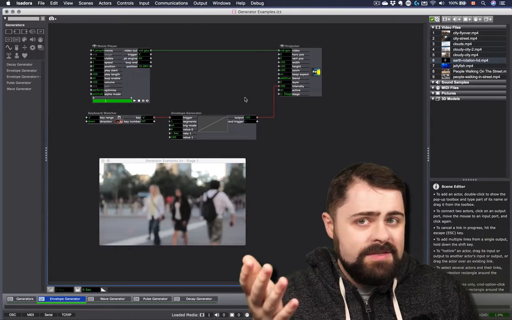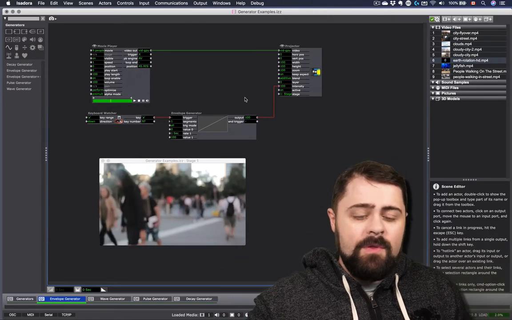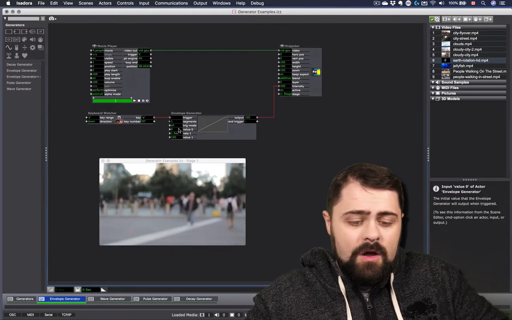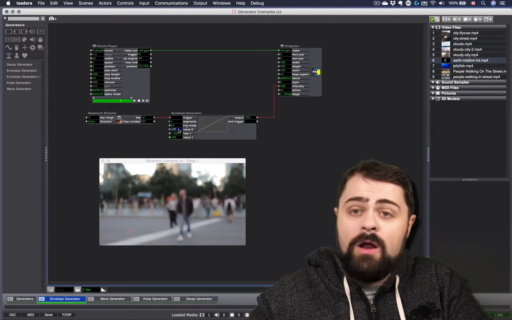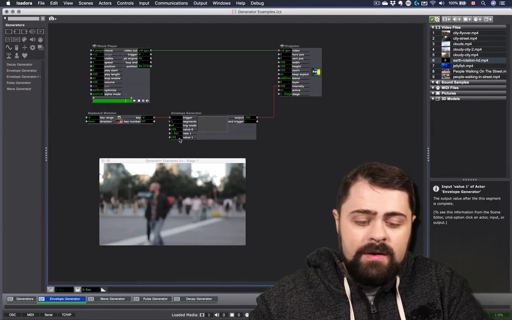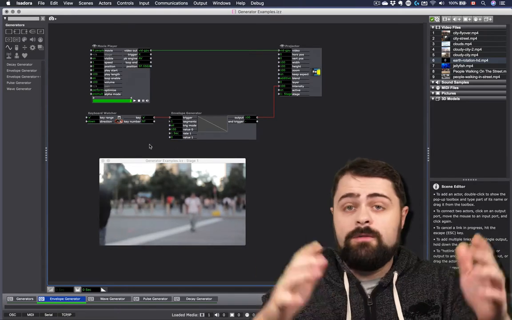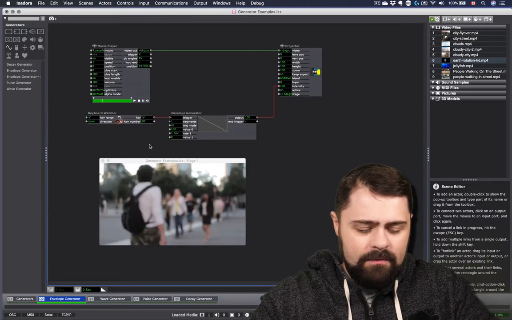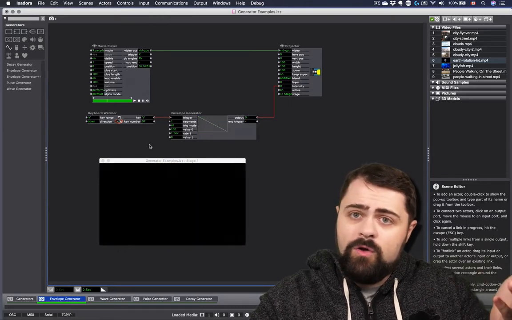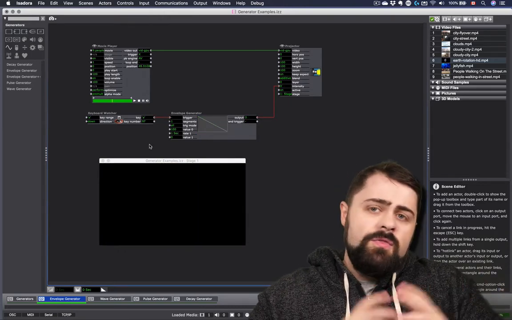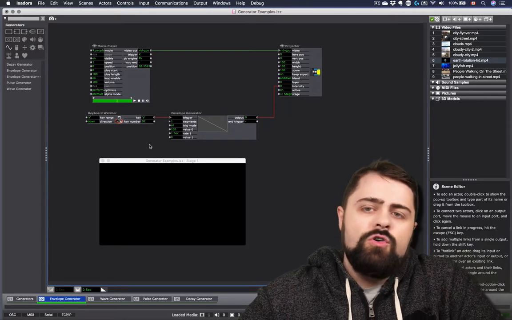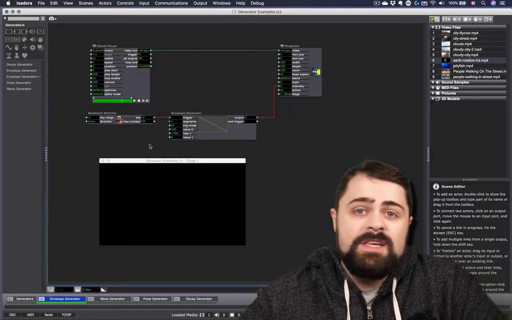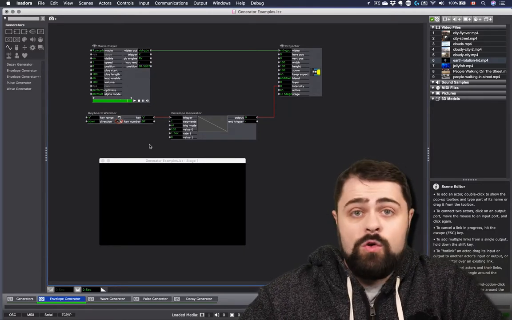Well, what if we wanted this to fade out instead? Let's just reverse the values. I'll change value 0 from 100 and value 1 down to 0, thus reversing the direction of the envelope generator. Let's see what happens now. I've created a fade out. This is a great method to create internal fade outs and fades up within your project.